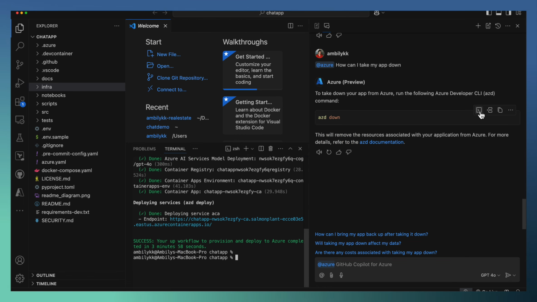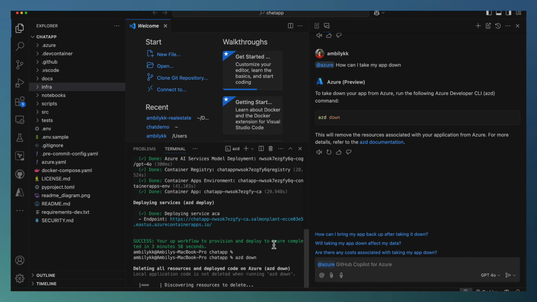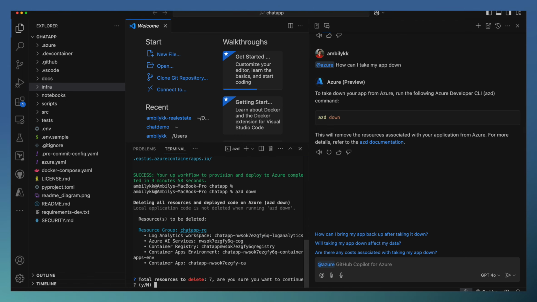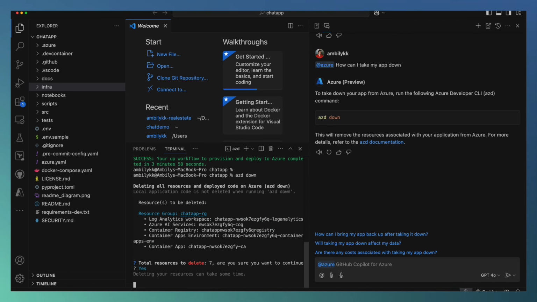The AZD command is straightforward, azd down, which helps me to remove the entire resources and the associated application deployment as well. So it's identified clearly 7 resources. The AZD command is going to remove my application along with the 7 resources provisioned as part of this application deployment. So quickly we are able to